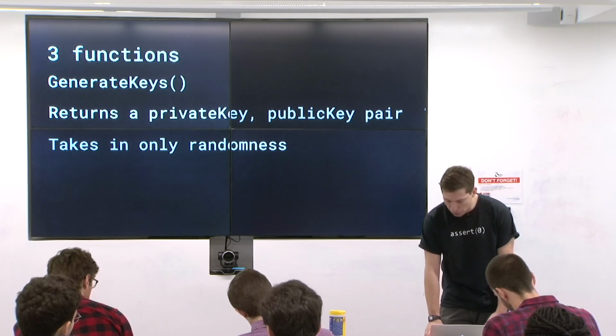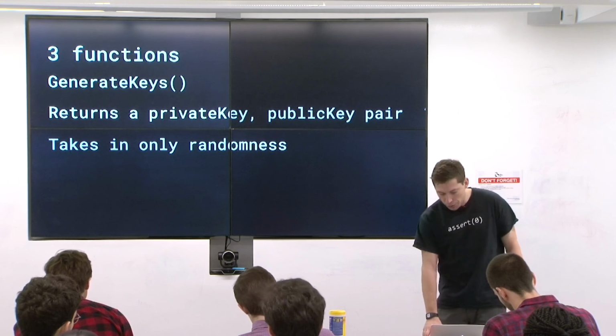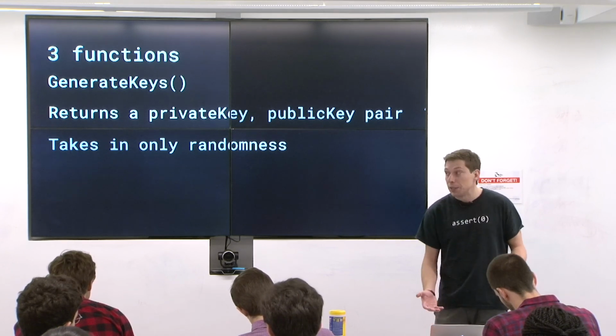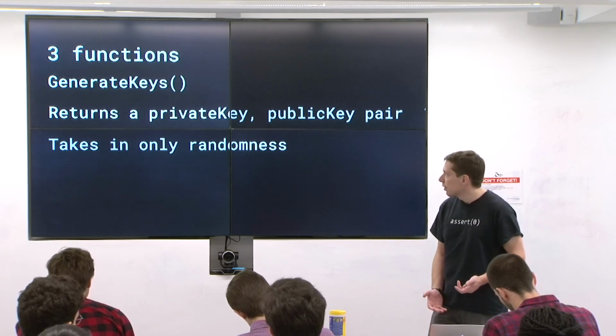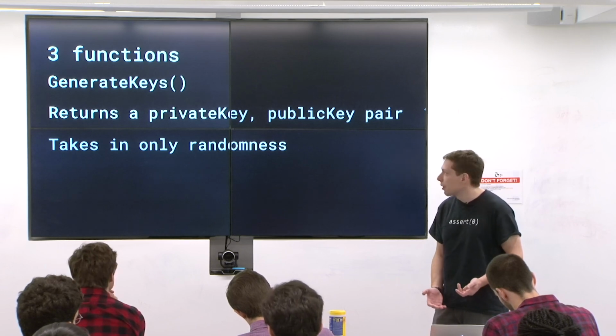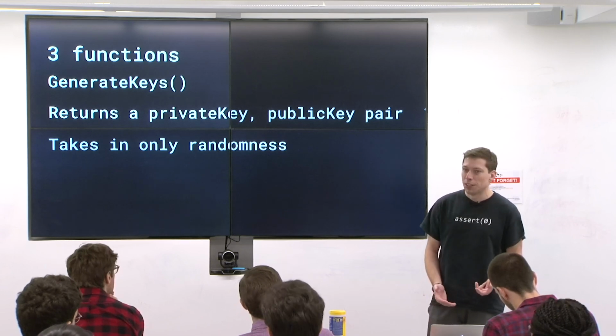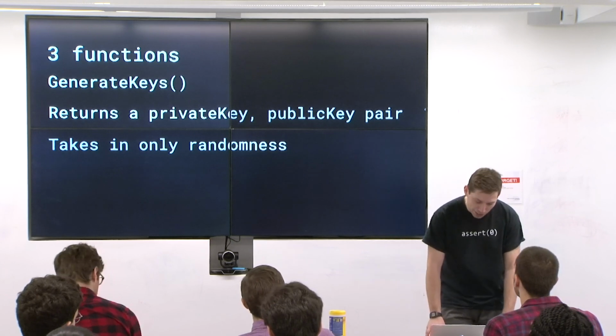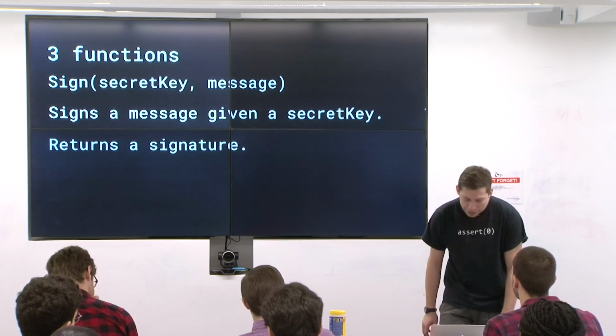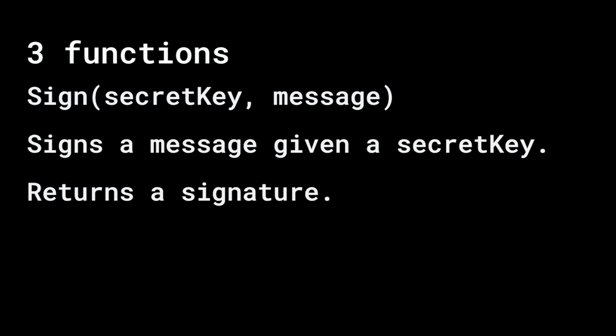Okay, so you have a private key, public key. Public key is public, you tell everyone. Private key is, or secret key. Actually, I think in the code I always say secret key. It's usually better to say secret key because at least it starts with a letter that's not P. Anyway. Okay, and then the signing function, where you take your secret key and your message, and it signs a